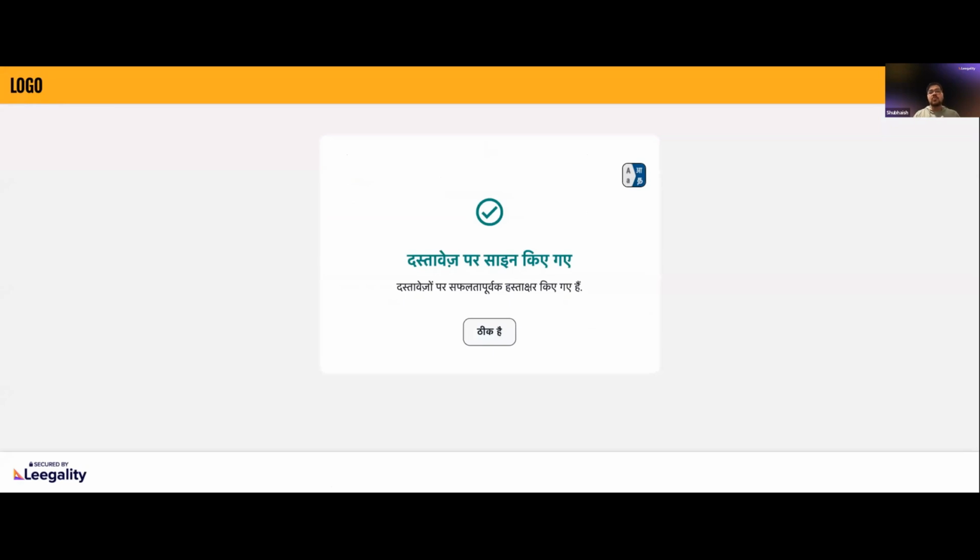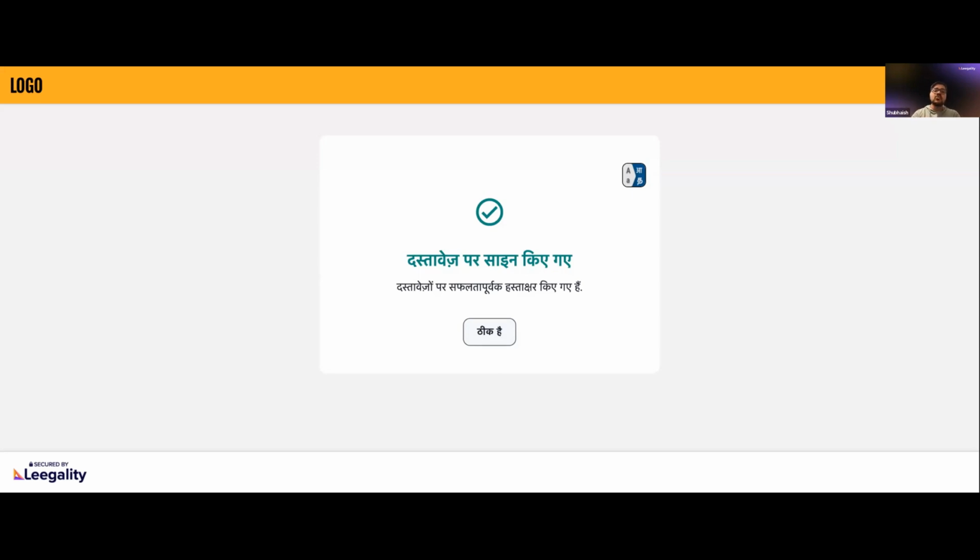Now let's say we want to take the cautious approach, wherein first we are doing KFS, then we want to do loan agreement. But a very bad experience would be you keep sending multiple e-sign invites to your customer. They'll get confused and they'll not know what to sign first. And eventually that's not an experience you want to give them because they'll feel this process is more complex than it needs to be. So what we have done is here I will have to click on this OK button, which in English says OK for people who don't understand Hindi, and it will automatically redirect me to the loan agreement associated with this KFS.